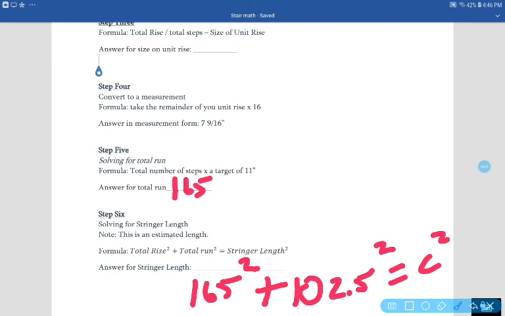You're going to hit 165 squared. Hit the plus sign. Hit 102.5 squared button. Then make sure you hit the equals button, because a lot of people tend to forget this, but if you don't hit the equals button, it won't work. And then once you get the answer, you hit the square root button after you hit the equal button. So you hit the square root button, and it will give you an answer, and the answer should be